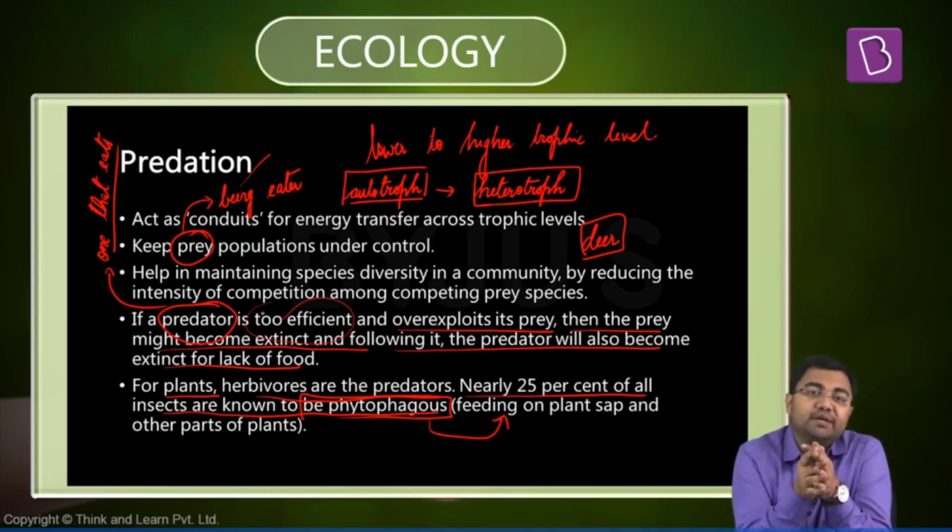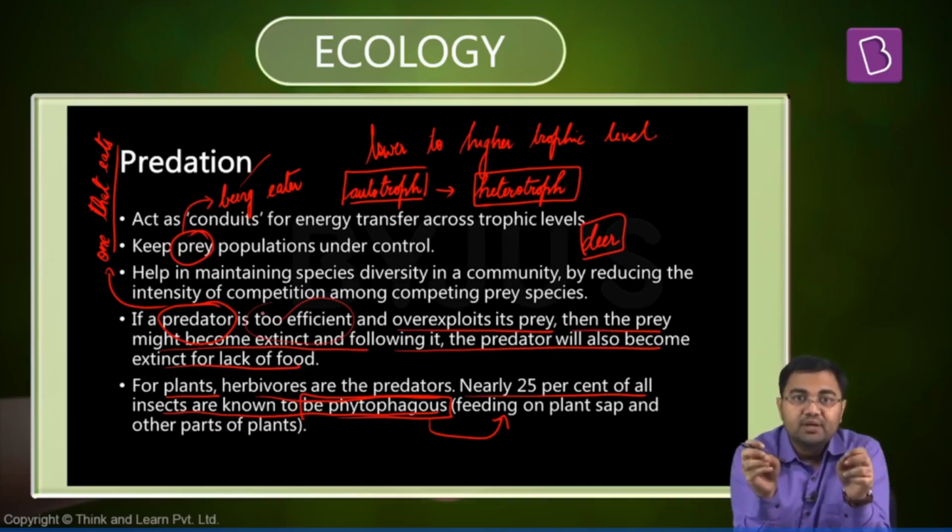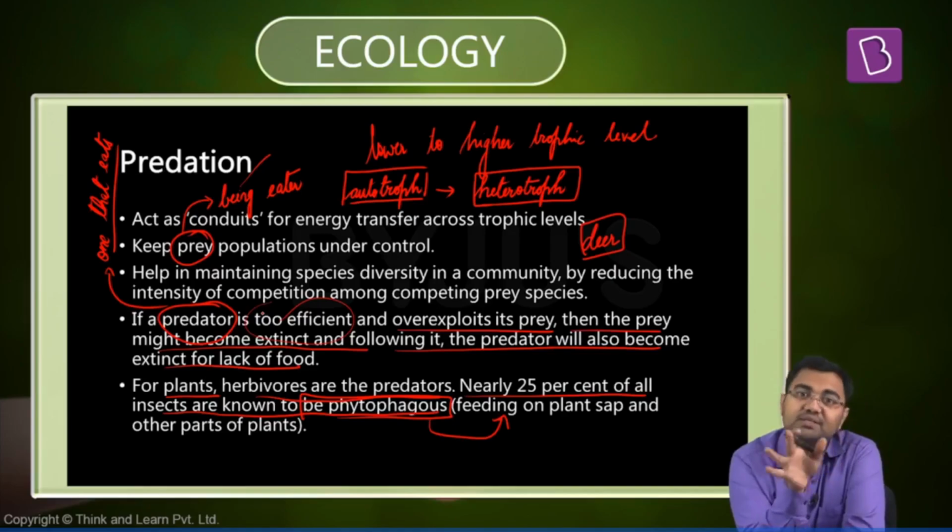Now another scenario that may arise is, what if the predator is inefficient? Because if the predator is inefficient, it would have a negative effect on one level below that predator. So for example, let's say the lions are inefficient. What would it mean? It would mean that the deer population will rise. And if the deer population rises, it would have a negative impact on the grassland or on the area where the deer are present. So even if one organism is not efficient enough, or if it is more efficient than what it should be, then both cases are not very ideal,